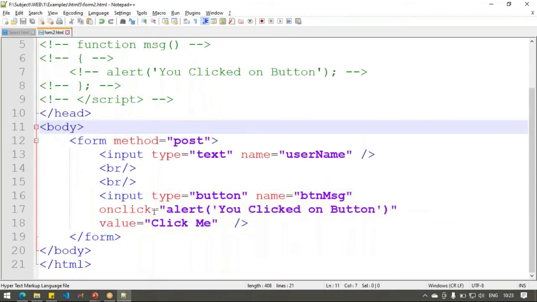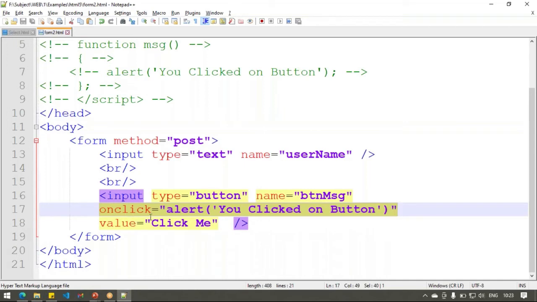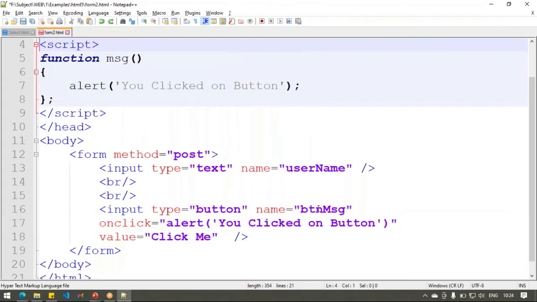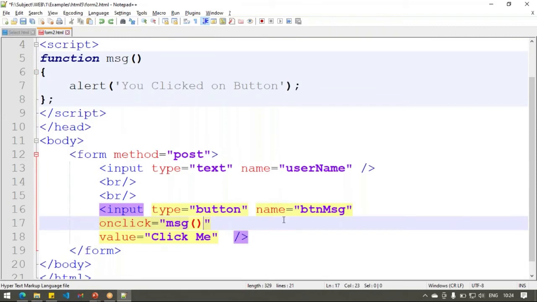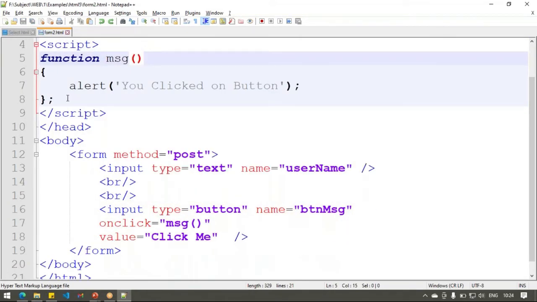Obviously this is not a proper way to handle the event. You should not write the content here. You must call a function. So this is the proper way: create the function, even though it contains only a single statement, and call that function on a particular event. That is the perfect way of handling the event.